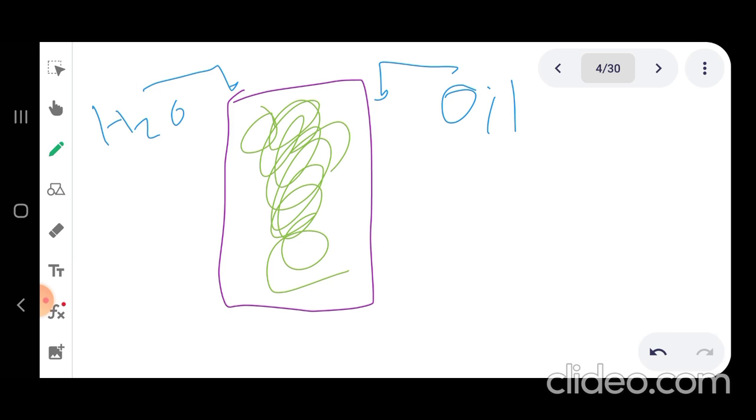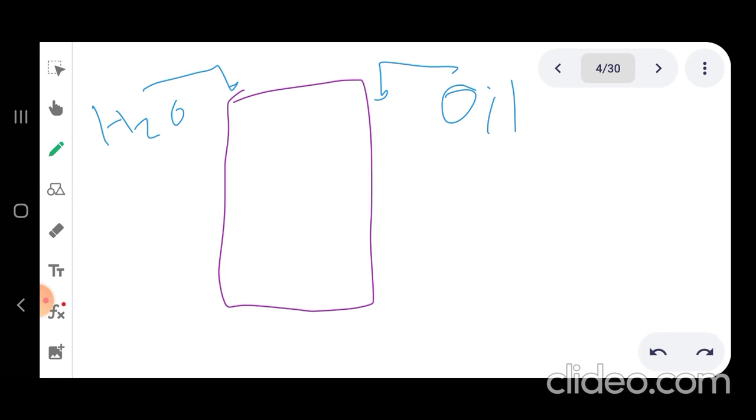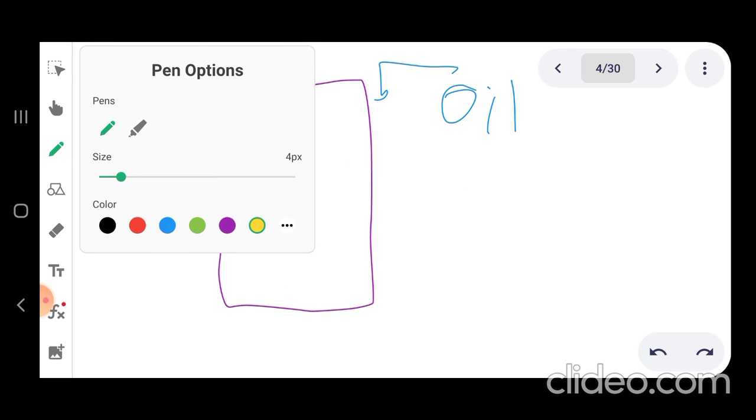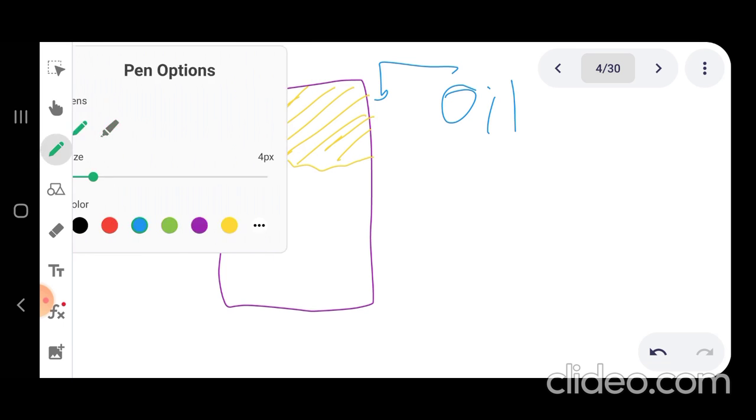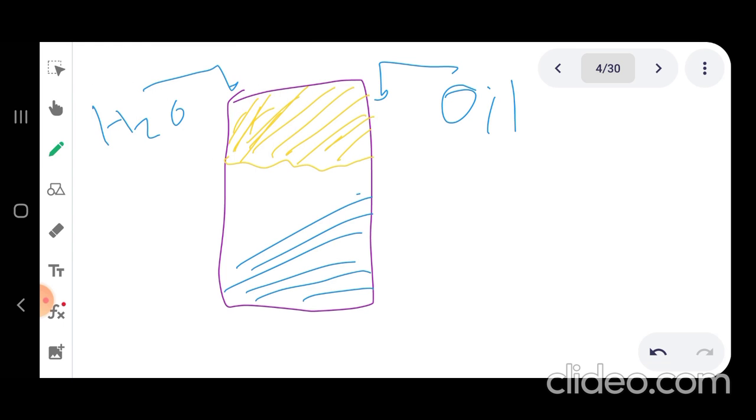Then if you wait some time and go back to the container to see what's inside, you will find that the oil goes up and the water goes down after some time. In other words, after you allow the equilibrium to be achieved. What do you mean by equilibrium? Equilibrium is a static state where